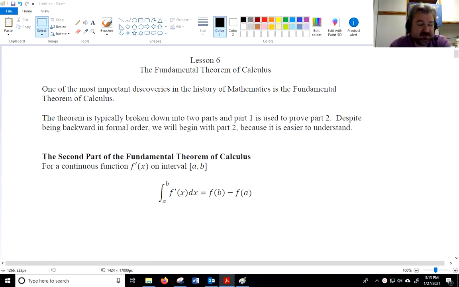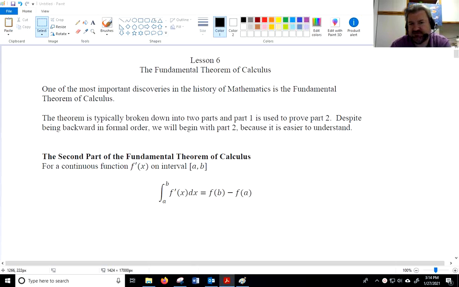We are in Unit 7. Unit 7 is all about the definite integral and the indefinite integral and the antiderivative. In this lesson, we'll be looking at the fundamental theorem of calculus. This is one of the most important discoveries in the history of mathematics, and I just can't overstate its importance